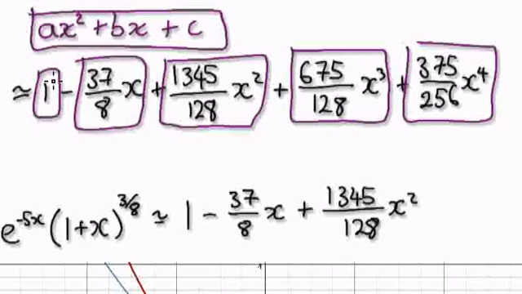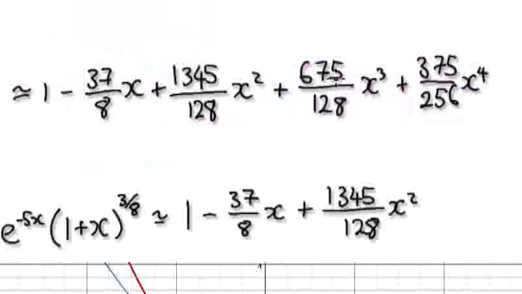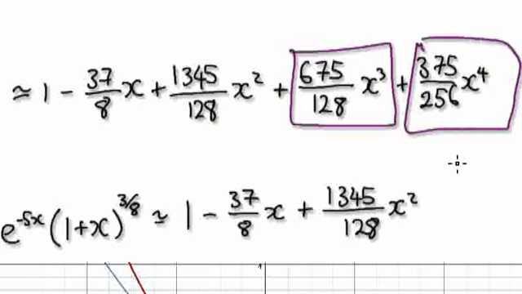We want it in the form of a quadratic, so we can ignore, now you can see that it's in a quadratic form now. But the thing is, we can throw away these terms here, or any, if you get x to the power of 7, you can throw away these terms here, because